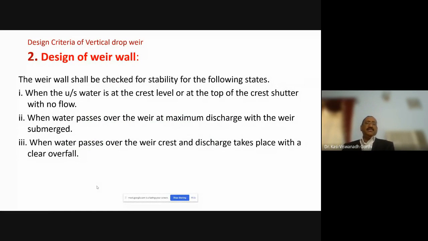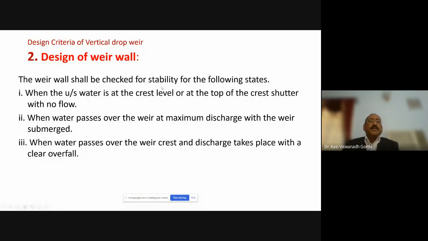The second step is that the weir wall is to be designed. What is this weir wall? Maybe a masonry wall or maybe a concrete wall, having a certain width at the top and a certain bed width, both. Usually the bed width would be different from the top width. That is the usual thing, because as the depth from the free surface is increasing, more and more water pressure will be there. So necessarily we need to provide more bed width at the bottom of the weir wall. After designing the weir wall, it must be stable, it must be safe.